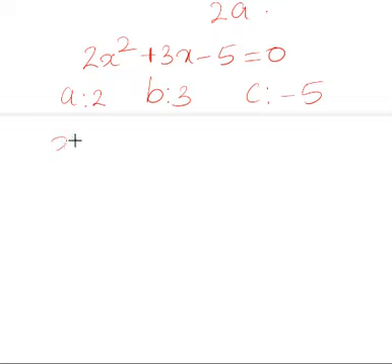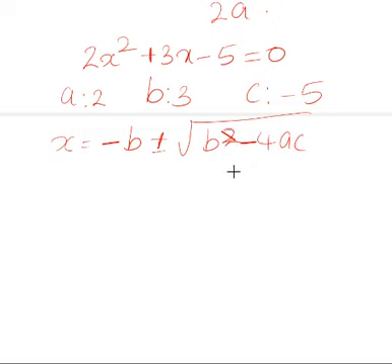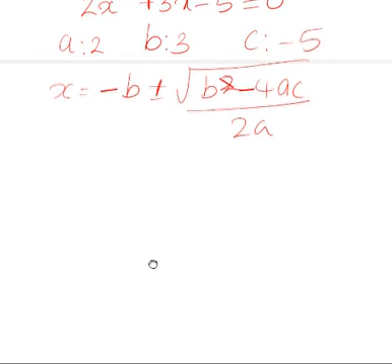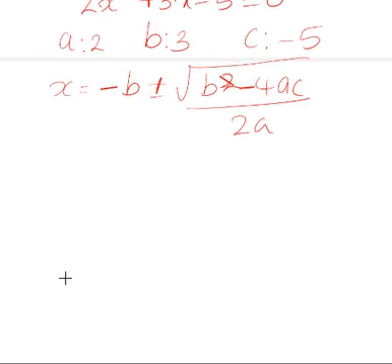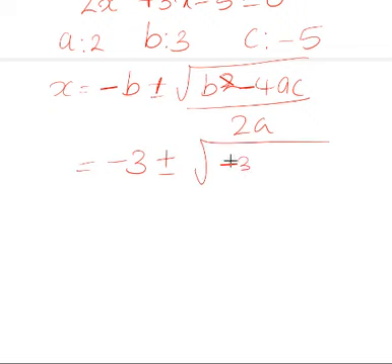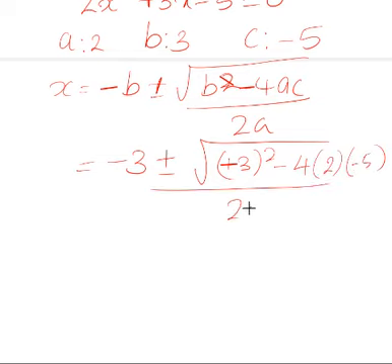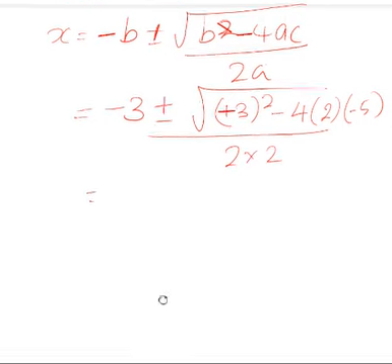So the quadratic formula is x is equal to negative b plus or minus root b square minus 4ac over 2a. Okay, then we can substitute these values here. a is equal to 2, b is equal to 3 and c is equal to negative 5. So this is equal to negative 3 plus or minus root, sorry, positive 3 the whole square minus 4 into a is 2, c is negative 5, divided by 2 into 2, that is equal to